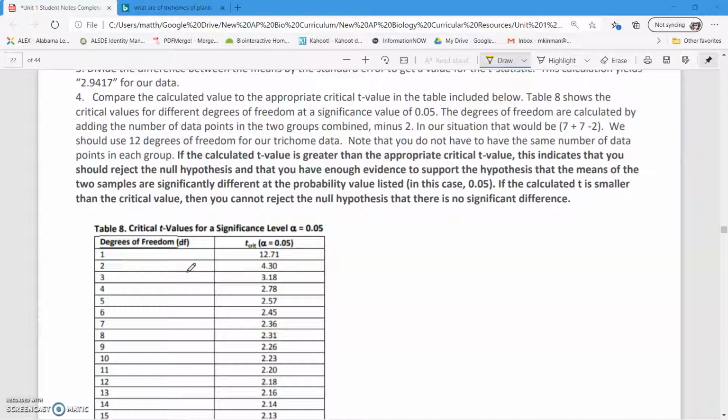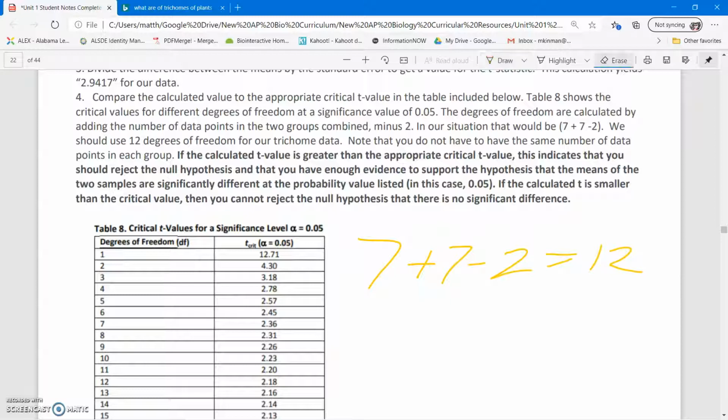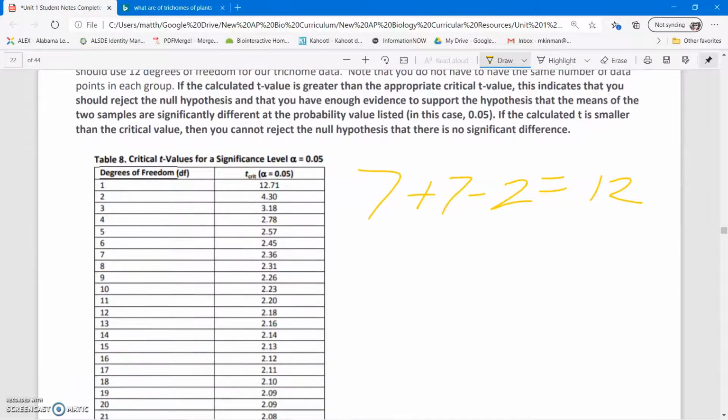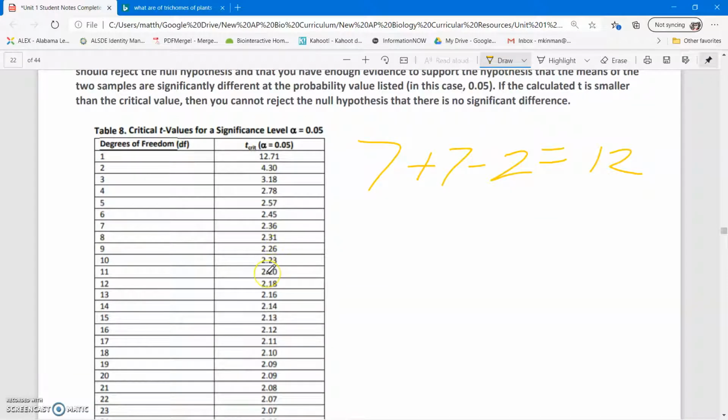So in our situation, we had 7 plus 7, and so that would be minus 2. So 7 plus 7 minus 2 is 12. So our degrees of freedom are 12. So then we just cross-reference like we did before, and you see here our critical value is going to be